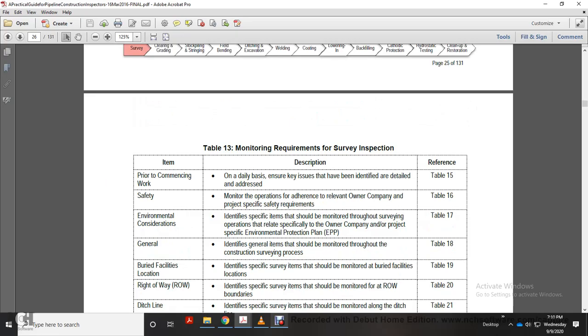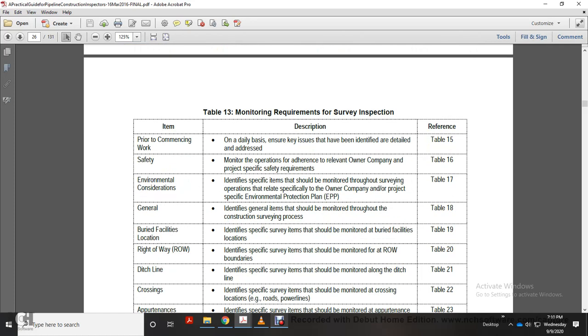Prior to commencing the work on a daily basis, ensure the key activities identified with the detail of the dress and dress safety, monitor of the operation of the right hearing with the relay, relevant owner and company project safety requirement. Environmental consideration, identify specifically what should be monitored throughout the surveying operation, specifically owner or company project specific environmental protection plan. General, identify the general items that should be monitored throughout the construction survey process. Buried facility